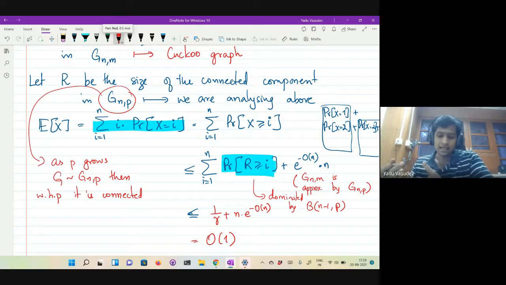So in our case, it is good because our p is something like (1 minus gamma) by (n minus 1), right? Because the size of our hash table is at least twice the number of elements that are going to be put inside that table. So because of that property, we are analyzing this random graph where p is very small, right? And therefore, the number of connected components in the graph is very large, and each connected component is of very small size. Therefore, the cuckoo hashing runs in order 1 time in expectation. Right? Is this clear? Any questions regarding this?